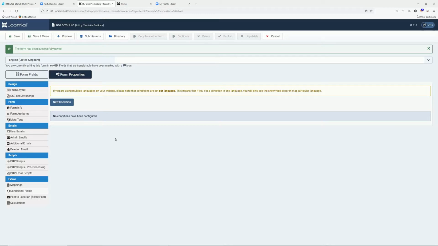Conditional fields is also a highly requested feature. Users want to have more dynamic forms, not a 50 fields form that the user needs to scroll through in order to complete the submission. And with the help of this, you can set up fields to be displayed only if certain conditions are met. A very simple example of this would be,